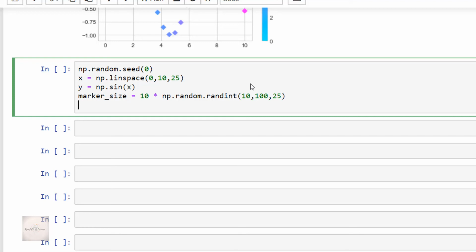So now what I'll do is I'll write plt.scatter of x, y, marker is equal to d, and then c is equal to x, and then s is equal to marker size, and then cmap is equal to set1.